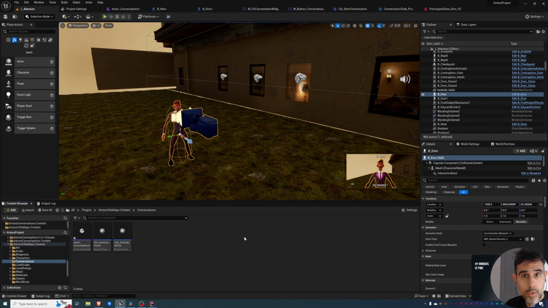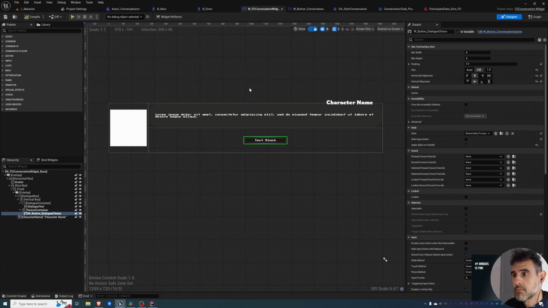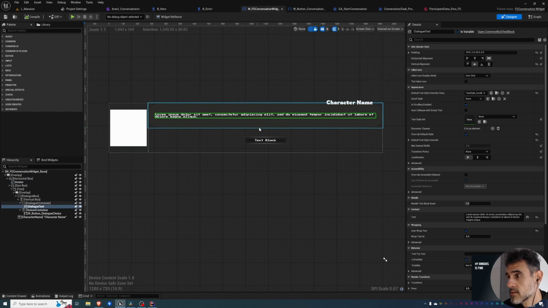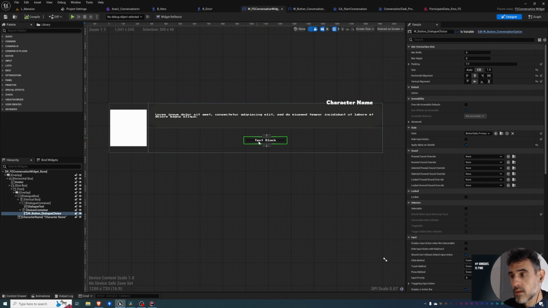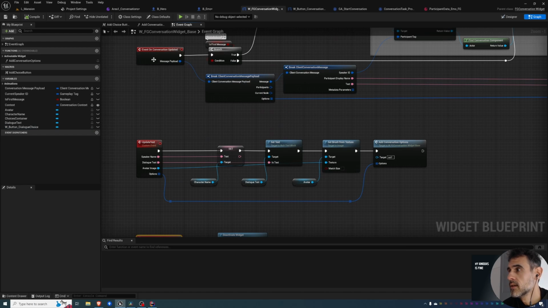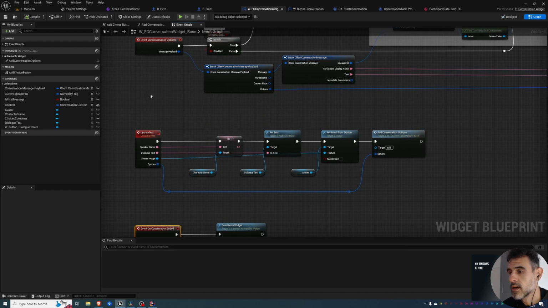The next thing we need is a widget to display the conversation. This widget is a sample widget that I created. You can find this exact one in my plugin, but you can create a widget yourself. As you can see, it's set up to show a name, the image of the character talking, the text, and a choice for the user. Here you can progress to the next message. The interesting thing of this widget is all in these two functions, conversation updated and conversation ended. These are the functions that I hooked up into the common conversation system, and if you want to see how,